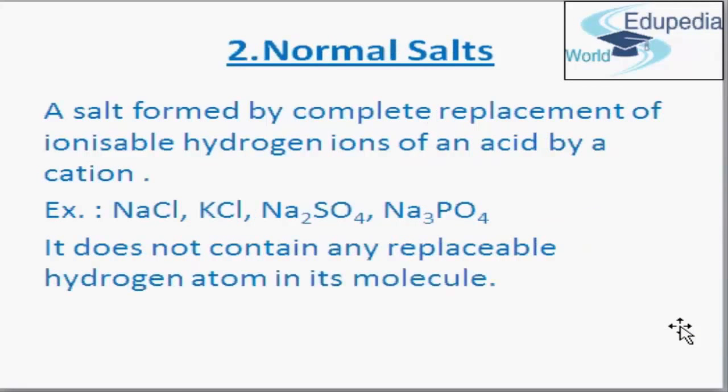Now we will discuss normal salts. A salt formed by the complete replacement of ionizable hydrogen ions of an acid by a cation is called a normal salt. Examples are NaCl, KCl, Na2SO4 and Na3PO4. The chemical reaction is like this: